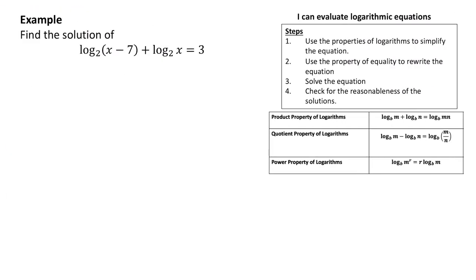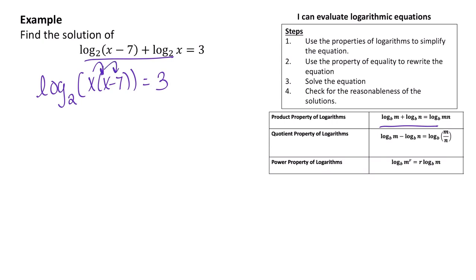So now let's find the solution of log base 2 of x minus 7 plus log base 2 of x equals 3. So I'm going to go ahead and condense the left side using the product property. So I have log base 2 of x times x minus 7 equals 3. So I'm going to go ahead and distribute here on the left. So I have log base 2 of x times x is x squared, minus 7 times x is 7x,